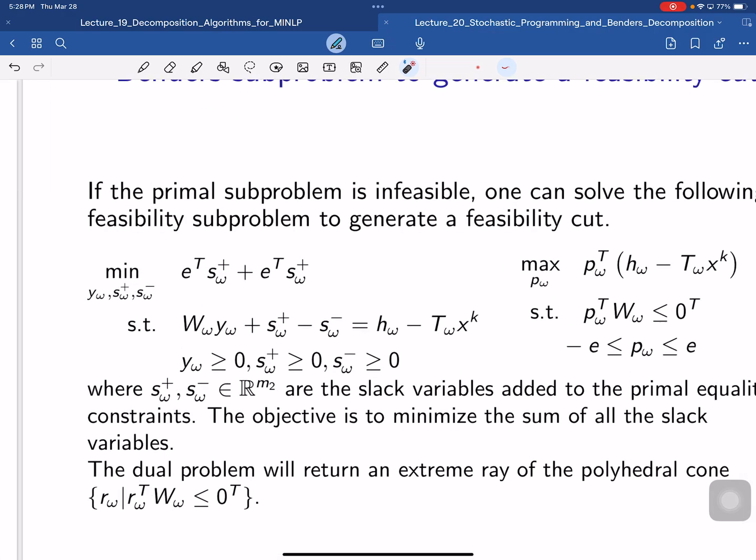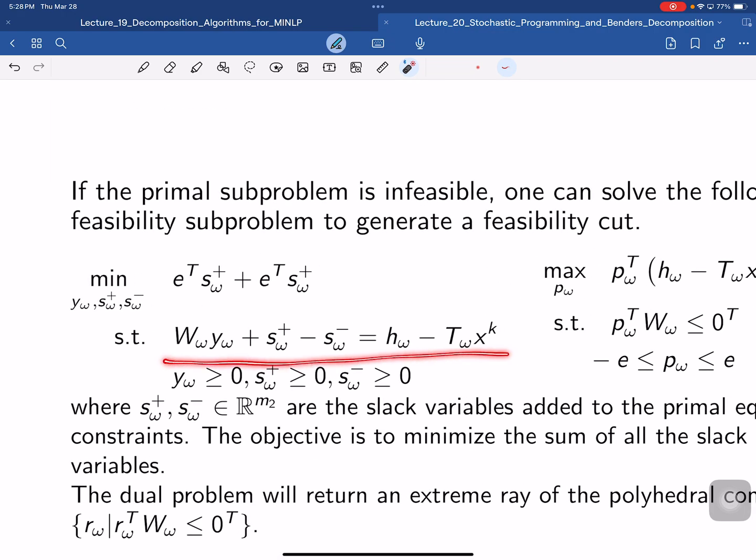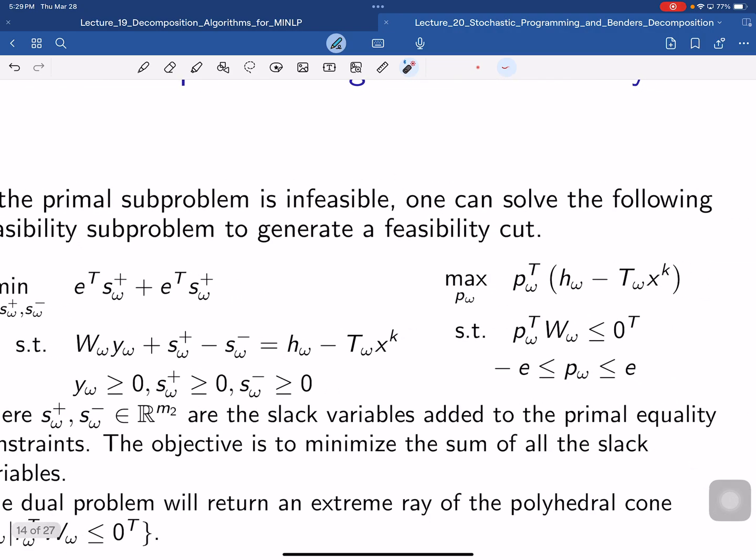Okay, so here you can think about for each of these equations, we are adding some slack variables called S omega plus and S omega minus, right? And they are all greater than or equal to 0, right? If you add a slack to each of these equality constraints, they must be able to make this problem feasible, right? And in the objective, we are going to penalize the slack variable, right? In other words, you want to make the slack variable as small as possible such that the primal problem becomes feasible, okay? And then if you take the dual of this problem, you will get